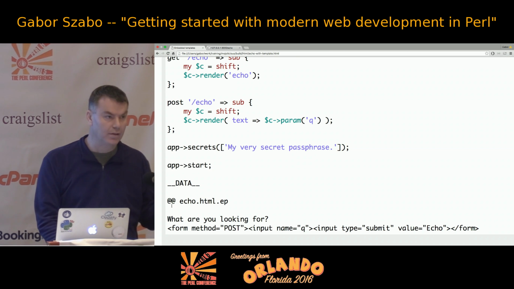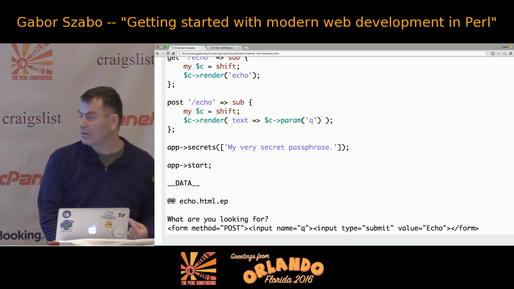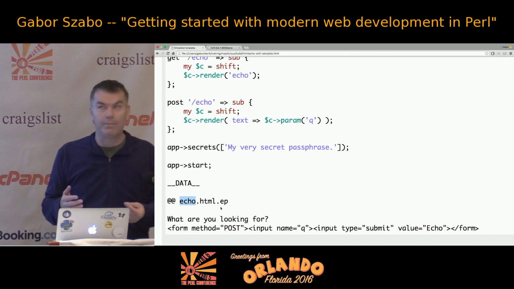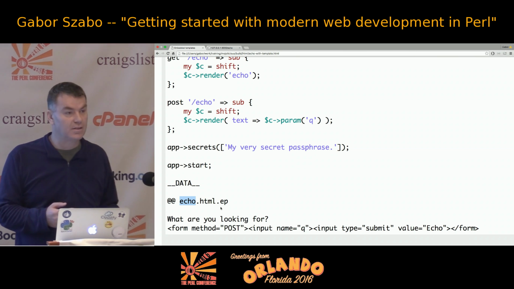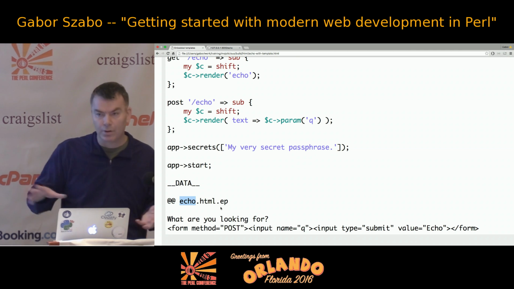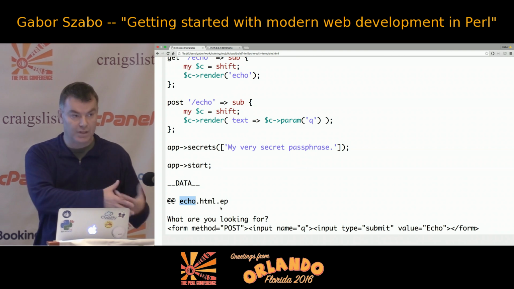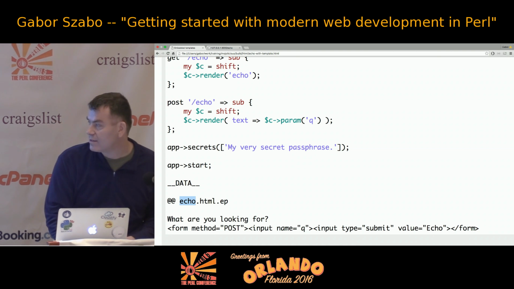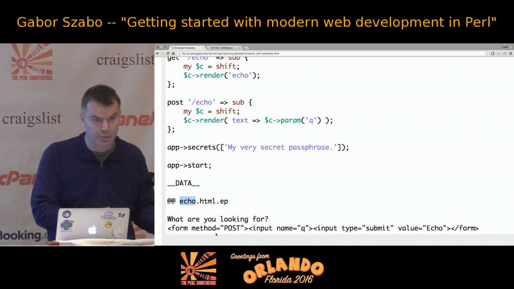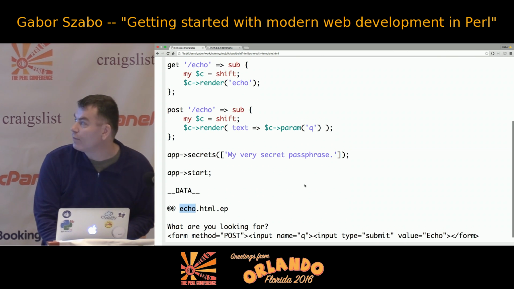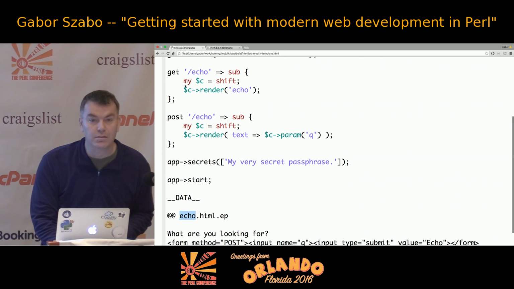So in this case, I created one single template. It starts with these two @ signs, the name of the template, and then html.ep. EP is, I think, called embedded Perl. I think that's the name of the templating system. It's really simple. I'll show you a couple of examples, but basically it's just a little bit more Perl code within the template. So what we have here is just some HTML. Again, it's quite simple here, so the slides won't be too big. And it just shows the same HTML that earlier we had within the get